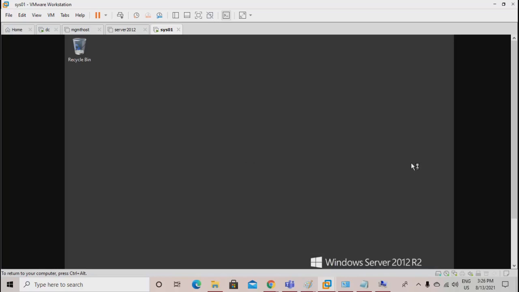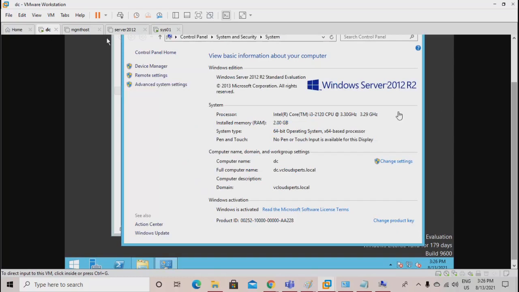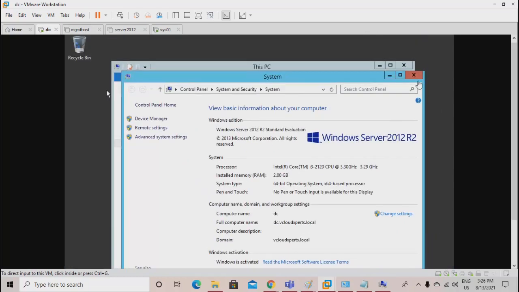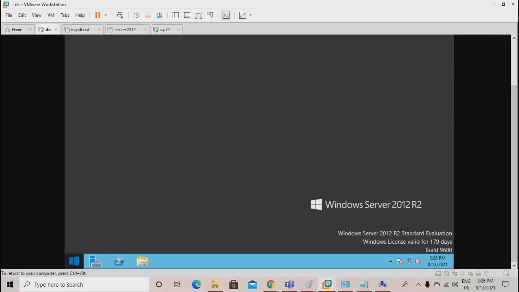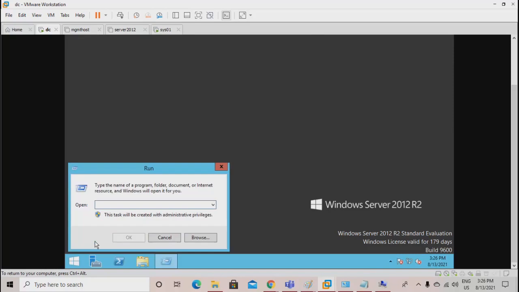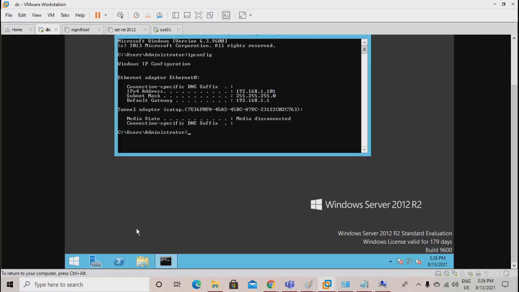Now the most important thing is that you have to find the IP address of this DC, the domain controller IP address. So this is 192.168.1.101.